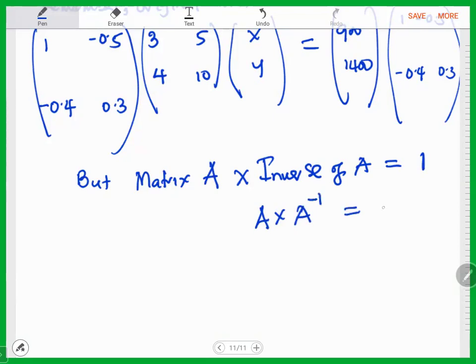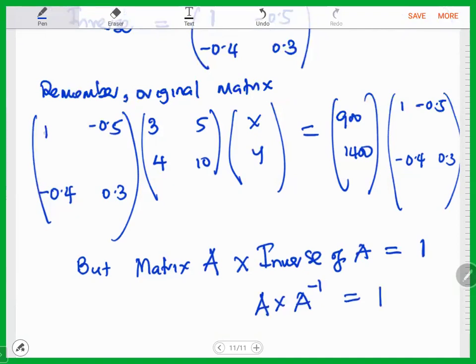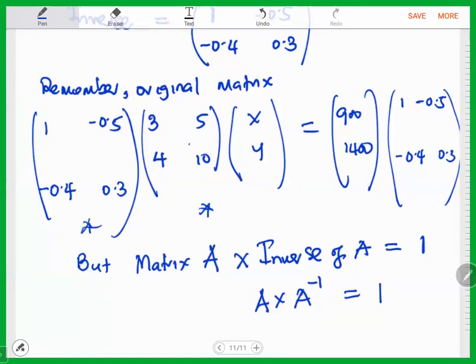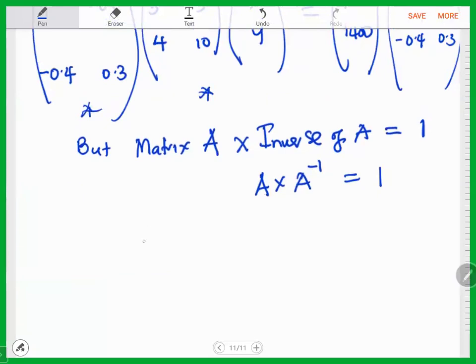So this is the inverse, this is the matrix, so you have a 1. Are we together on that step? Yes. Therefore, this times this times this gives us a 1. And that leaves us with x and y alone,